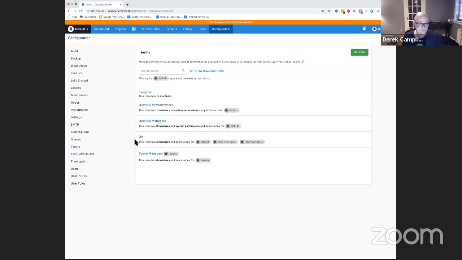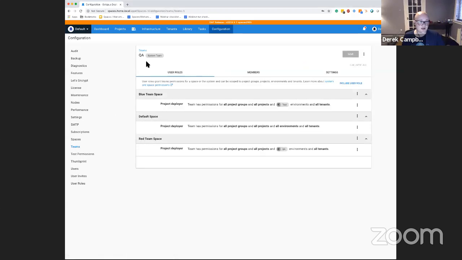Yeah, and this is what Spaces does. So as you can see here, you've got your usual teams: Everyone, Octopus Administrators, Octopus Managers, and so forth. So QA. As you can see, QA has 3 members and permissions for the default, blue team space, and the red team space. As we have configured the green team space now, and once you can see here, you've got,